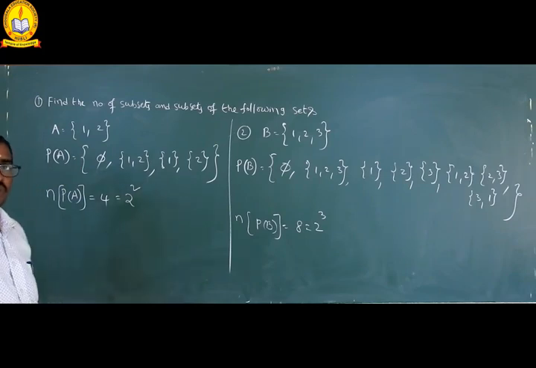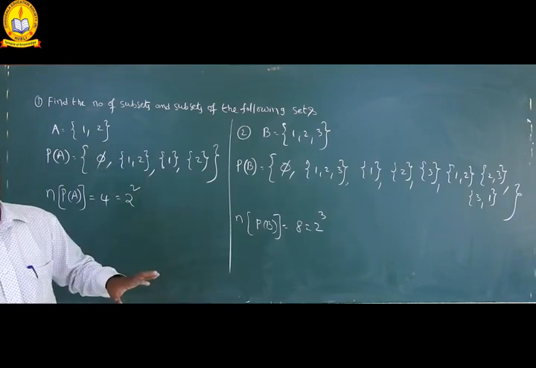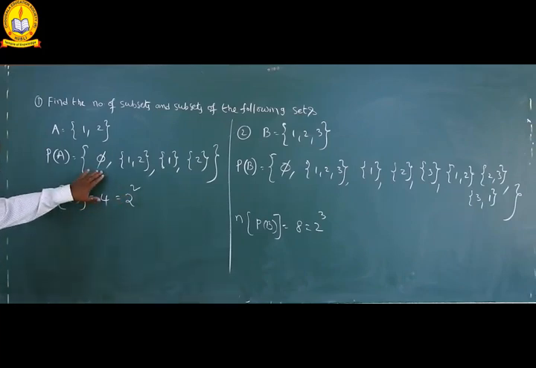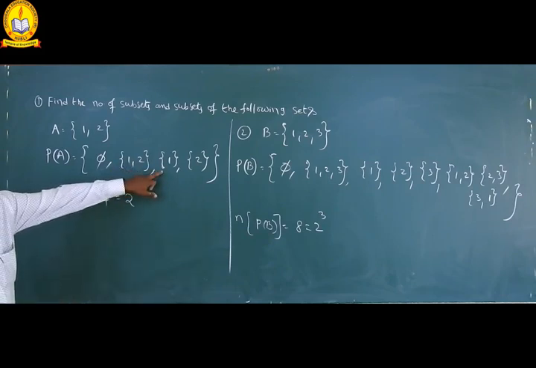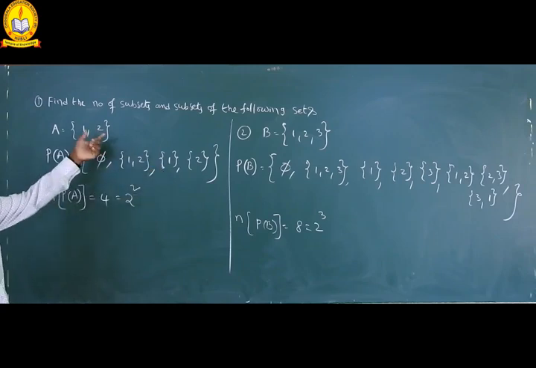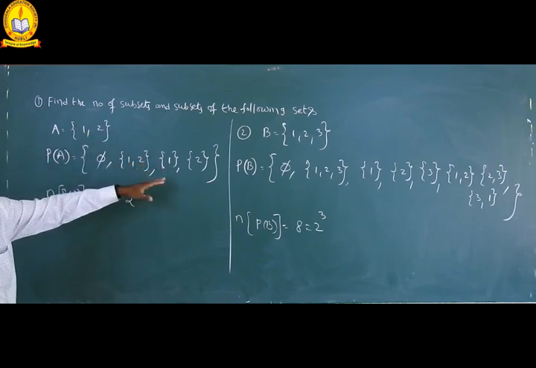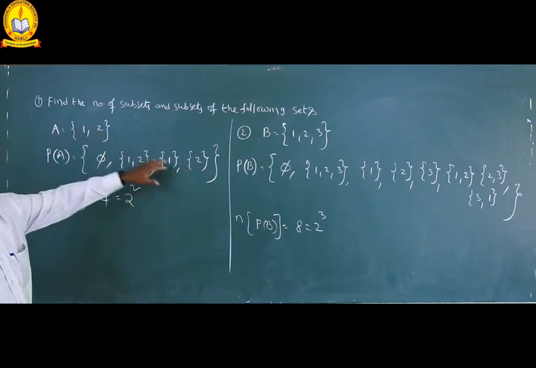Here we have a doubt. What are the proper subsets? What are the improper subsets in these subsets? Now see here, proper subset. I told you the proper subset definition: A is subset of B, but A is not equal to B. The empty set is a proper subset because it is a subset of A, but A is not equal to it. {1,2} is an improper subset because this one is subset of this one and this one is subset of this one. A is equal to B and A is subset of B. It is improper subset. Singleton 1 is proper subset because singleton is subset of A, but A is not equal to singleton 1. Singleton 2 is subset of A, but A is not equal to singleton 2.